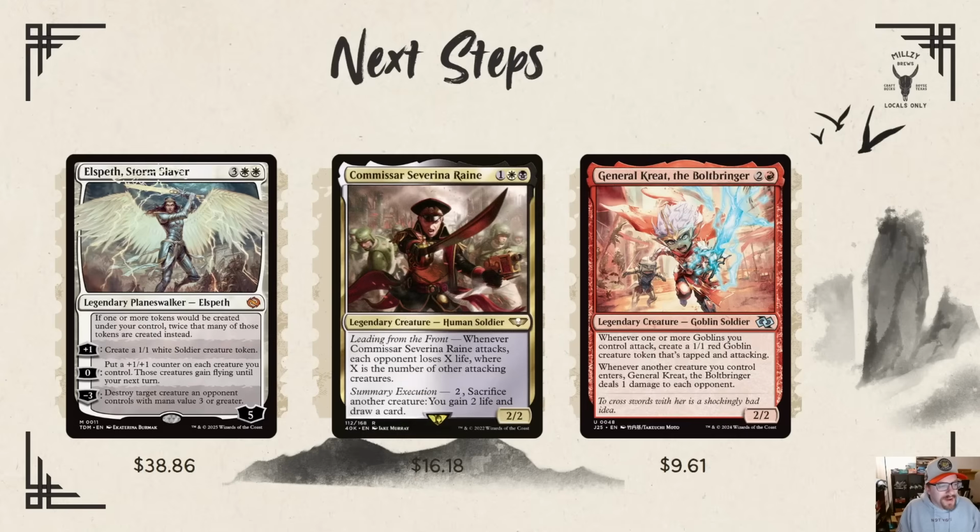Well, we're going to go ahead and immediately blow probably $40 more on an Elspeth Stormslayer. This is one of those cards that I think is just going to fit so well in this deck and so many other token decks. It doubles all tokens you'd make on a Planeswalker, which you're going to say, okay, Millsy, but you have Mondrak, you have Anointed Procession, you have other things like that that are cheaper than this in double tokens, and sure, you're right. But I think the thing that Elspeth does a teeny bit differently that I think makes her worth